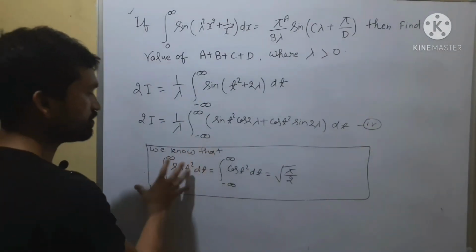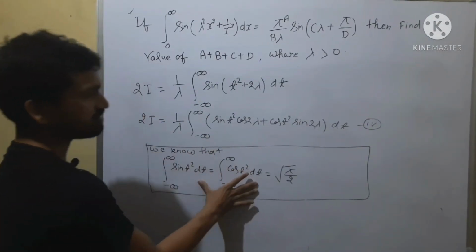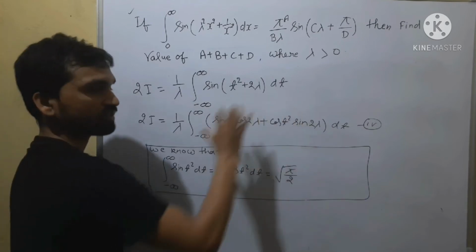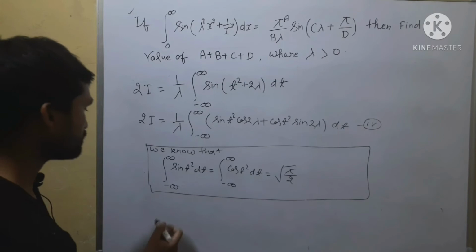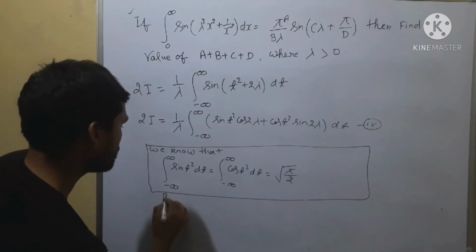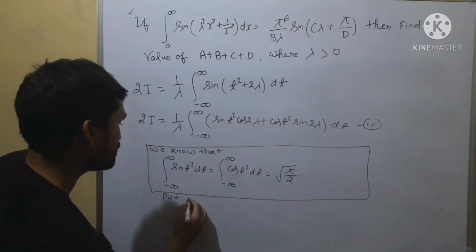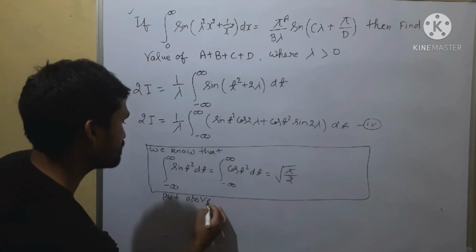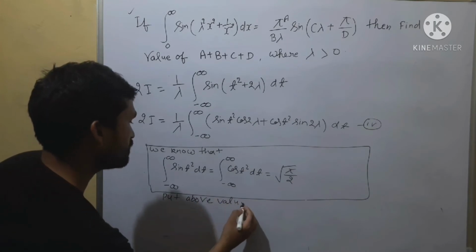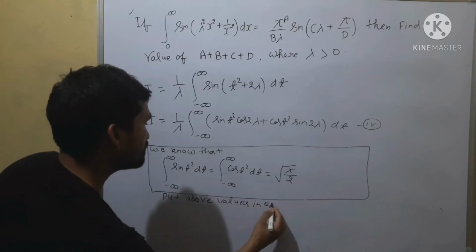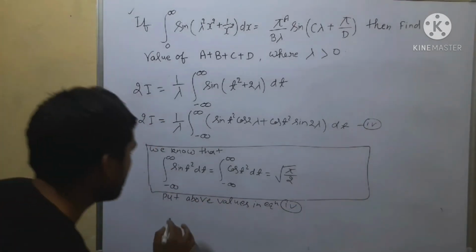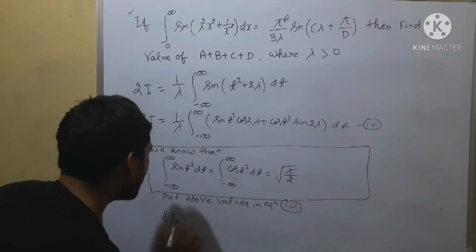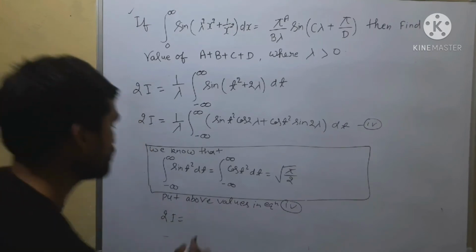So we will put these results in this equation number 4. Okay, so put the above values in equation 4. We can get 2i is equal to 1 by lambda,